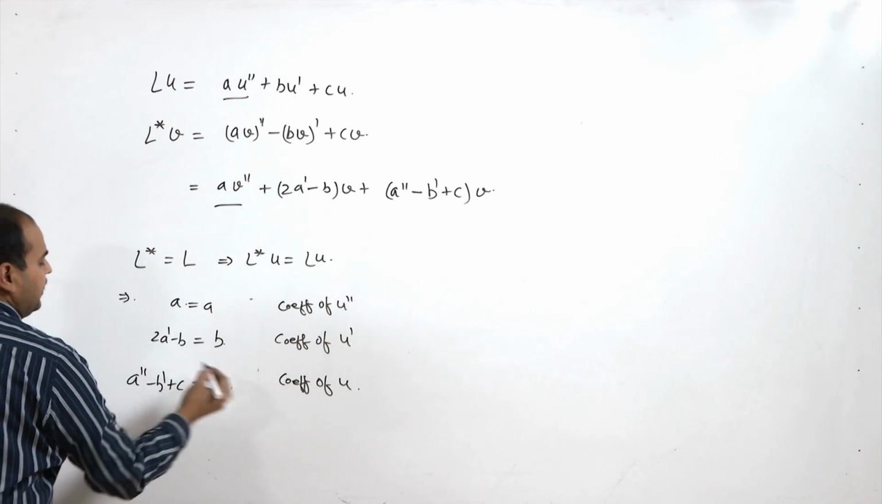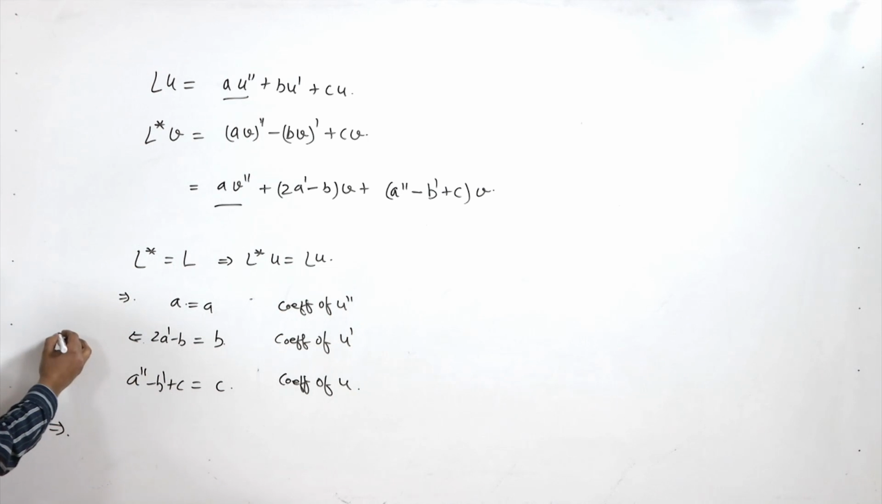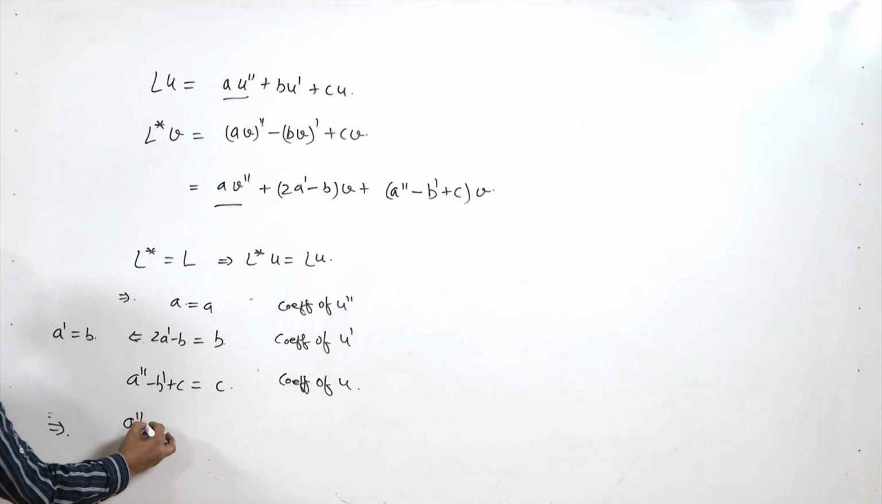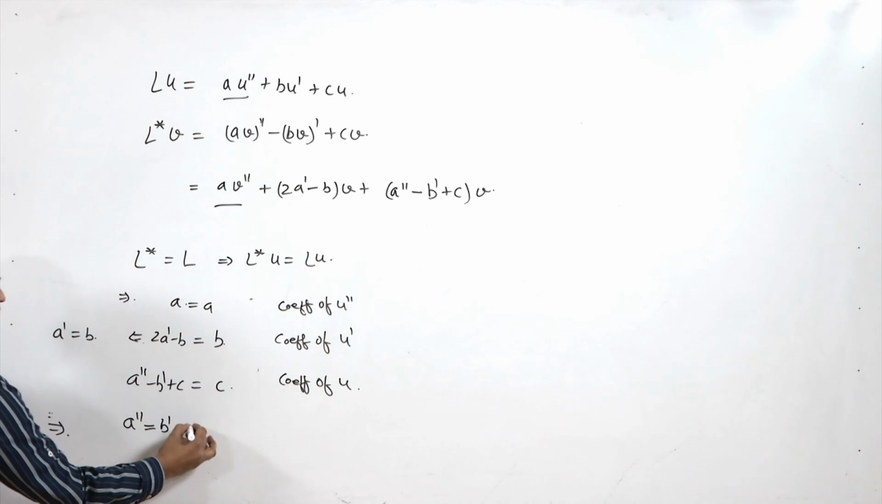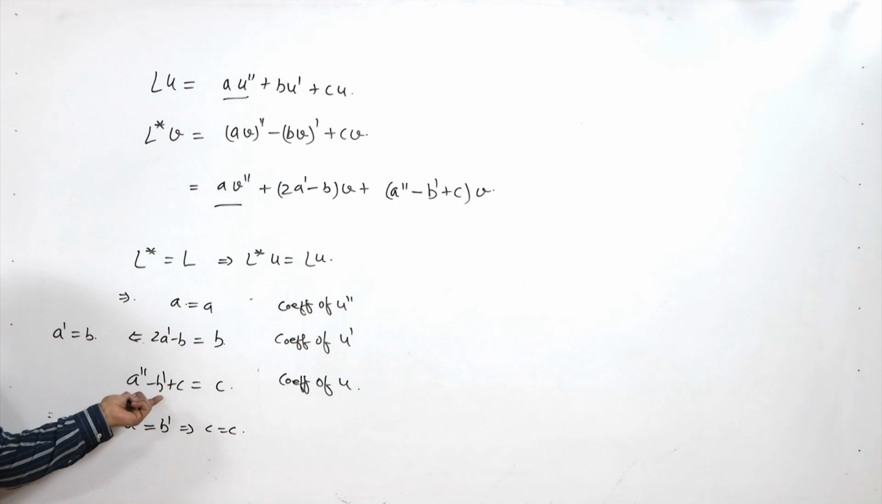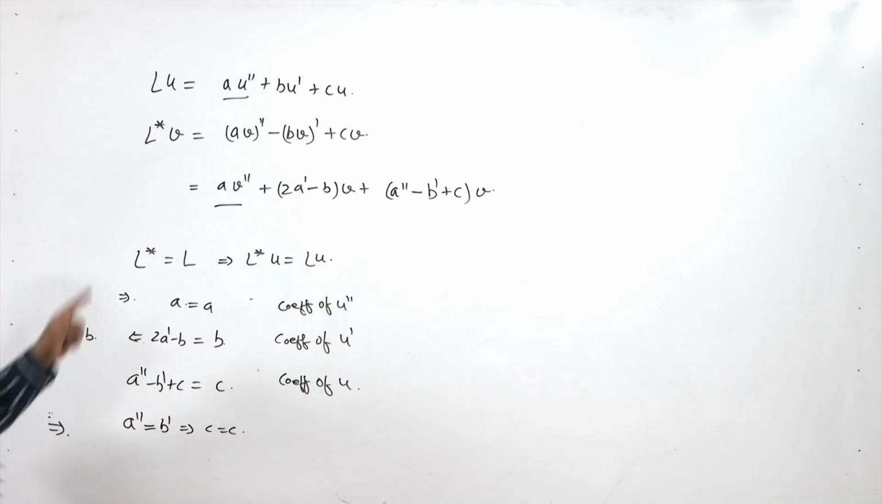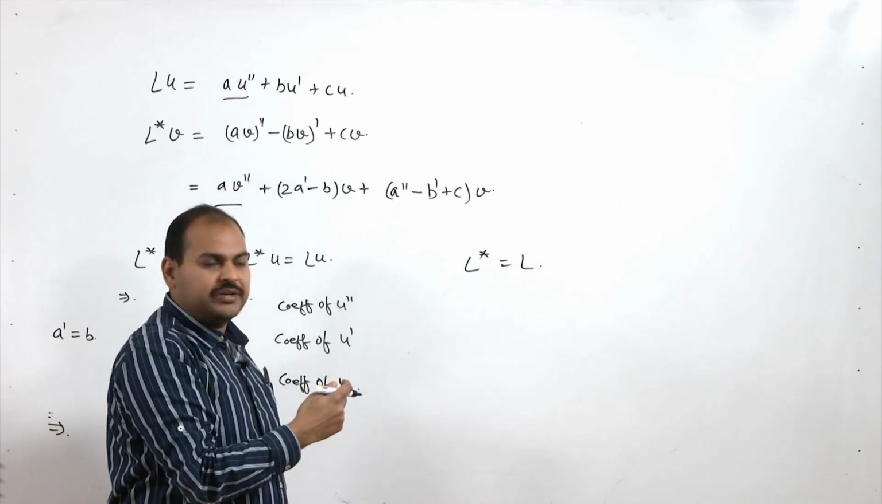If we solve this, we get that a dash is equal to b. If we use the condition a dash equal to b, then a double dash minus b dash is simply 0, so this implies c equal to c. So when we assume a dash equal to b, this is trivially true. So in the case when L star is equal to L, that is, we have a self adjoint operator,